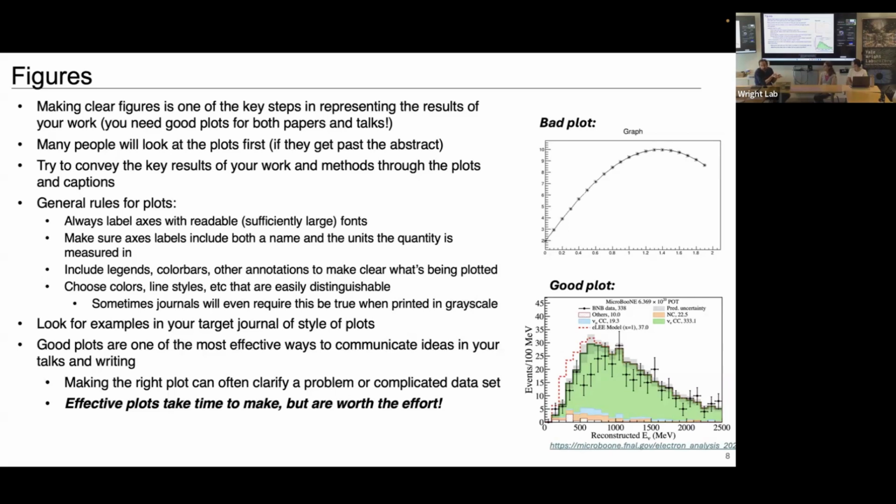And you can find lots of resources online about good color palettes for the most typical red-green color blindness or other types. Turns out the Tableau colors in Python are well designed for colorblind people in terms of tone. But yeah, there's really a lot written on this, and I think it's good to be conscious of making your plots as visible as possible to as many people as possible. So you can see there's a different line style here. Probably this plot looks okay to people who see differently.